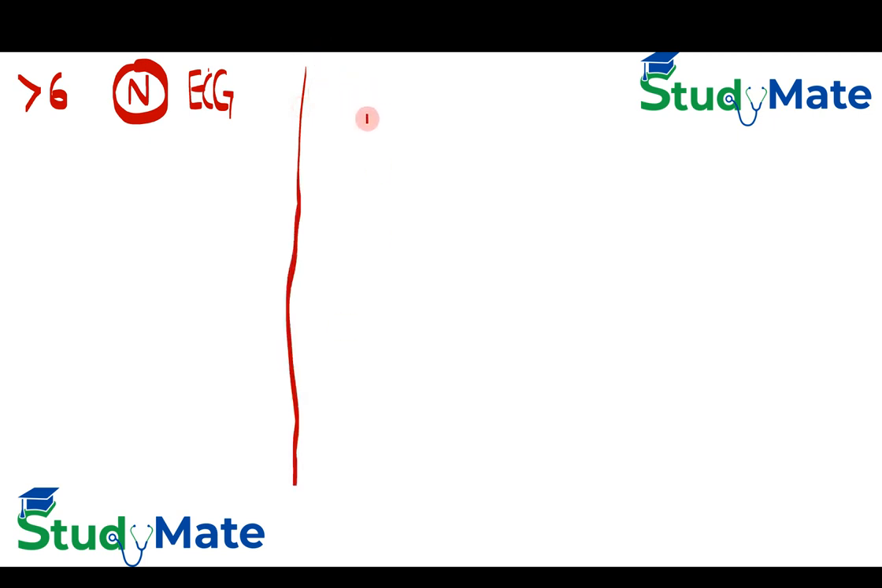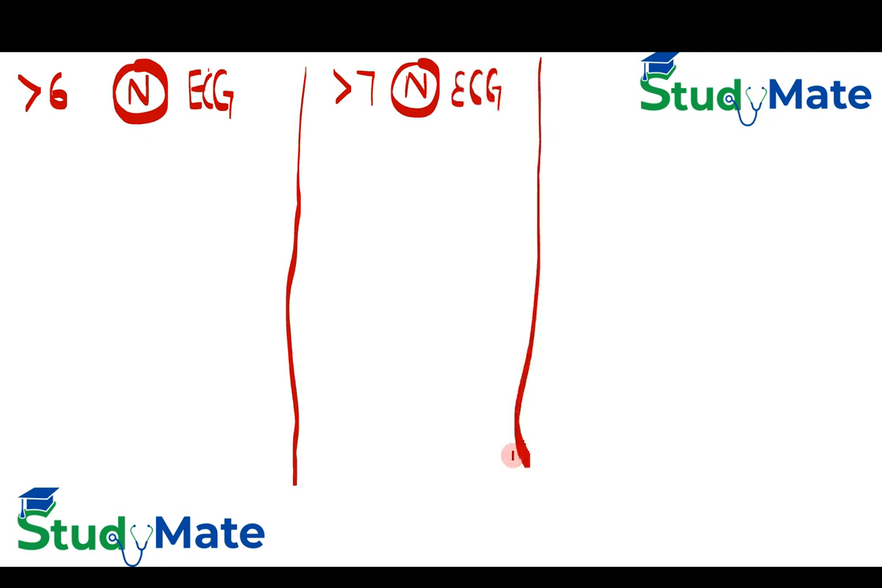If the potassium is more than 7 but still the ECG is normal, the management would be different. If the potassium is more than 7.5 and there are ECG abnormalities,